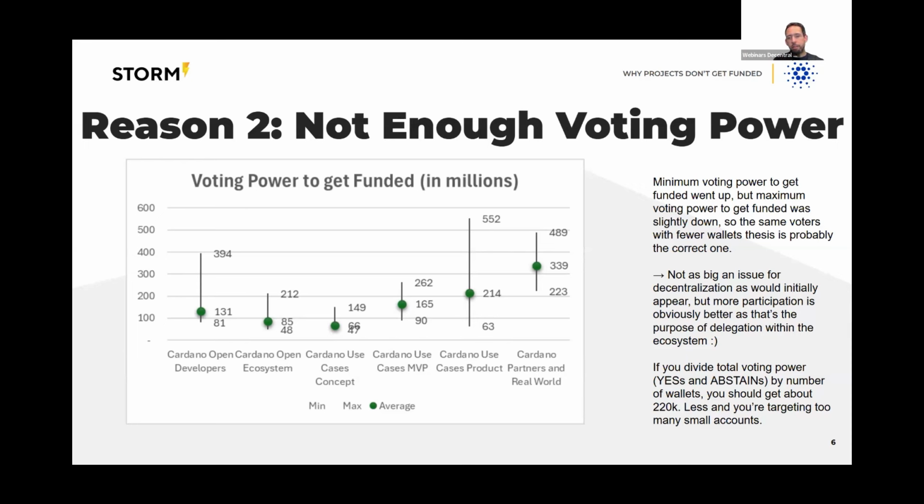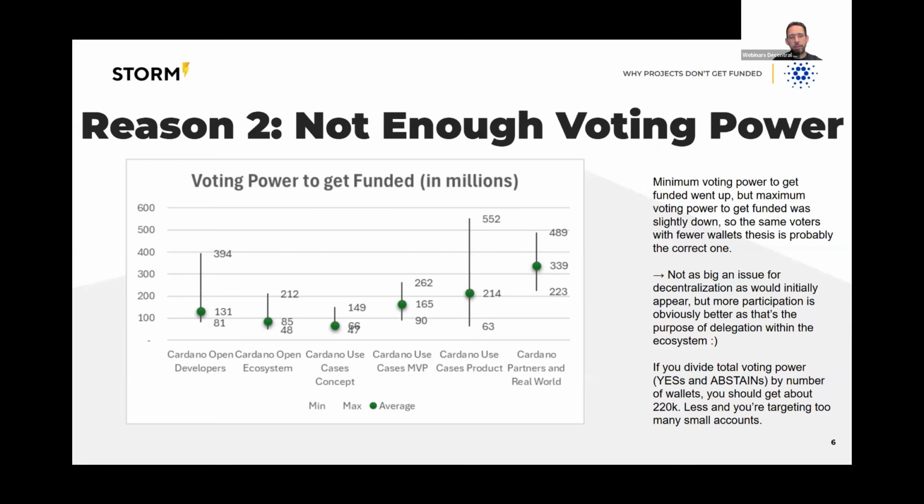That would indicate to me that it's the same people using fewer wallets. And why might that be? Is there more consolidation in wallets? Did they feel less incentive to spread their voting power among multiple wallets? There are many different reasons, but in general, what I would conclude is that the reduced number of wallets, even though it potentially led to a reduction in the minimum voting power to participate, is not as big of an issue for decentralization as it would initially appear, because the voting power involved was more or less the same. And so more participation is obviously great, but it does look like the same or more